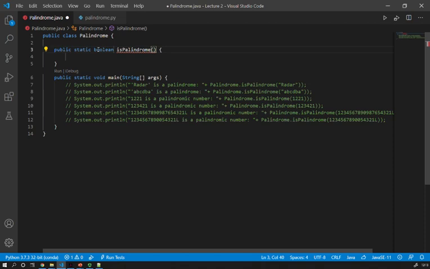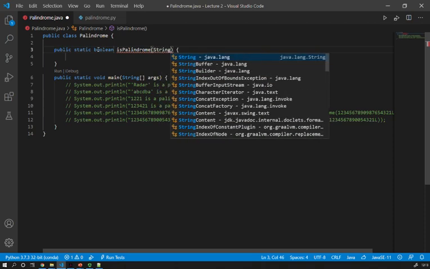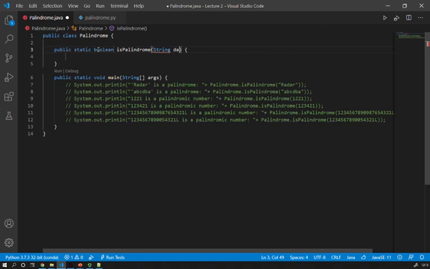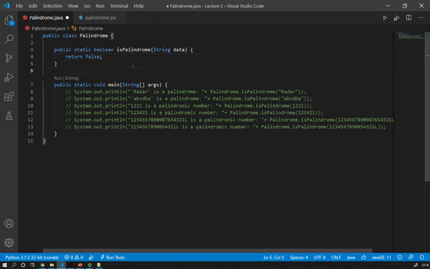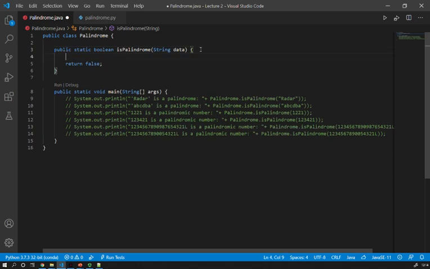Then I'm going to have the parameter here. The parameter is of type string. And I call it data to be similar to what I've done in Python. One thing I commonly do is to type return false in that case, by default. The idea here is just to see if I don't have any syntax error or compile error at that stage. My function doesn't do much, but at least I know that the format for the moment is correct. So now let's try to tackle the proper implementation.